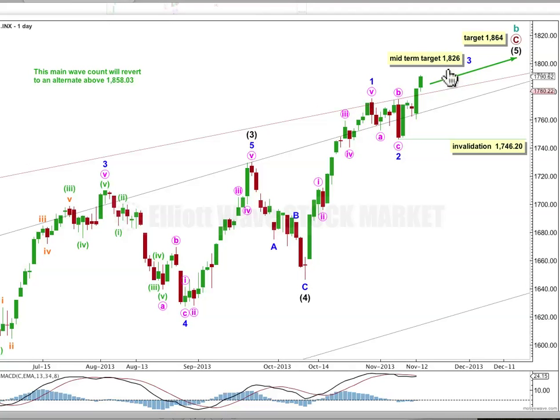I'm using that ratio to calculate the target for a couple of reasons. Minor 2 is really shallow, and minor 1 is really obviously extended. So minor wave 3 may not be so extended, and this target fits with the higher target for intermediate wave 5 really nicely. At 1864, intermediate wave 5 in its entirety would reach equality in length with intermediate wave 1,